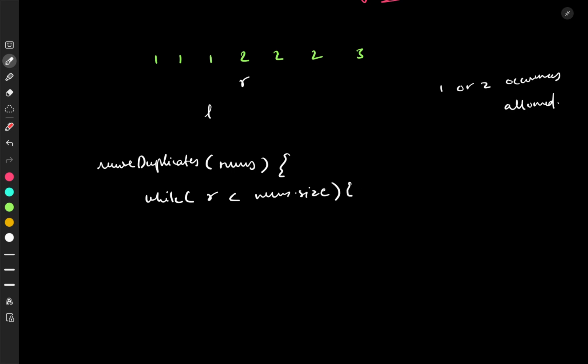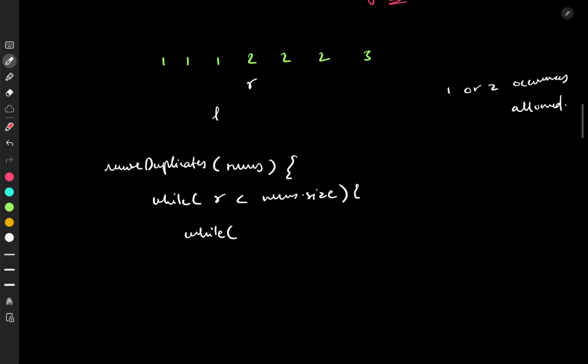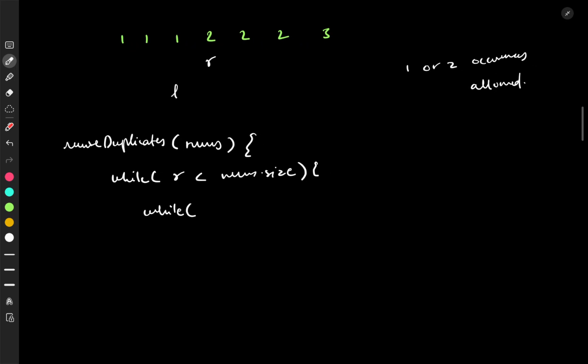So this is the terminating condition, correct? What you do next is you run a while loop again, and this is for calculating how many occurrences of each given element there are in the array. So while, again a terminating condition to check that this value stays inside the bounds,